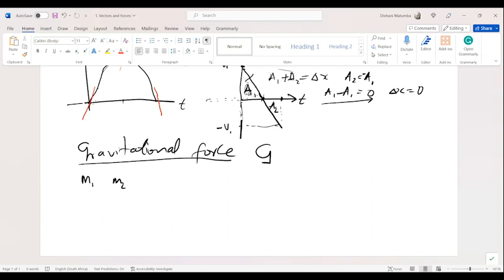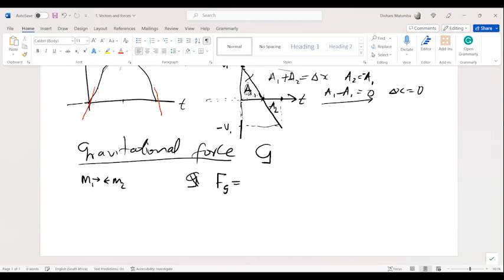There's always an attractive force towards one another, which means if I'm sitting next to a person, there's always an attractive force that is exerted between me and that person. And what Newton said was that the gravitational force